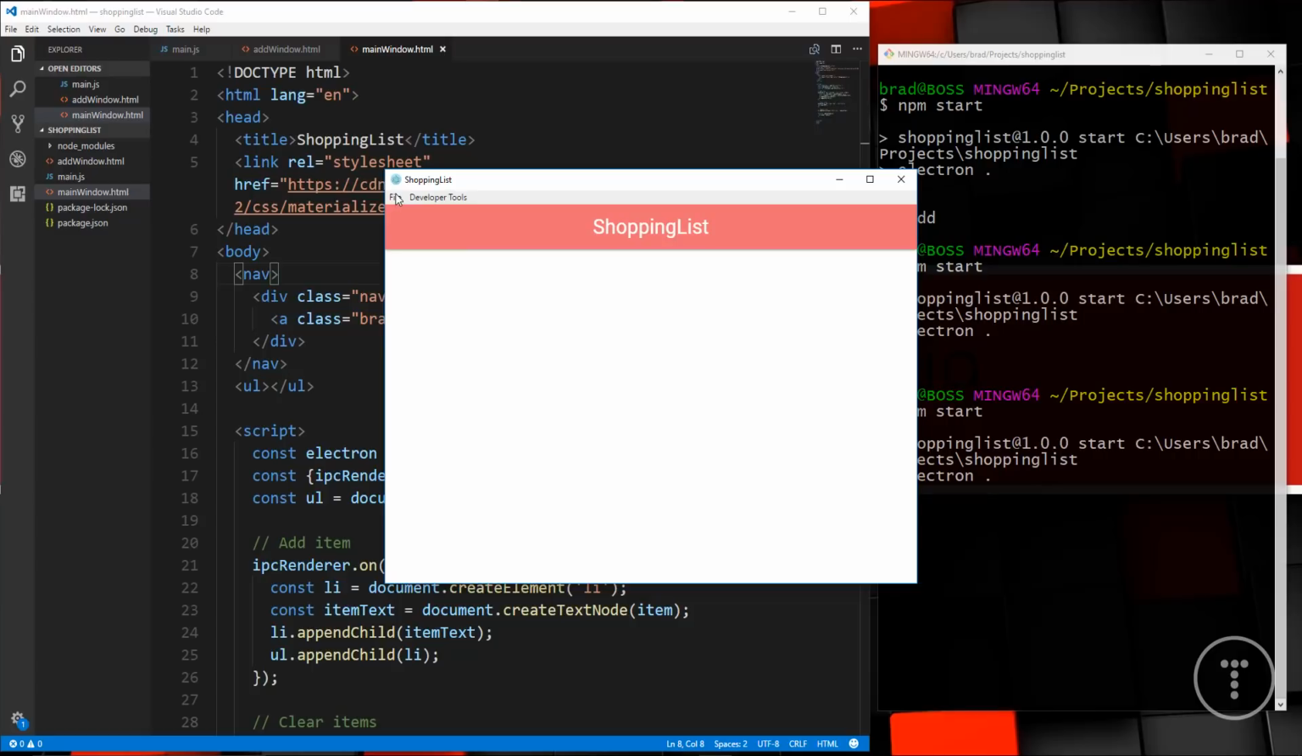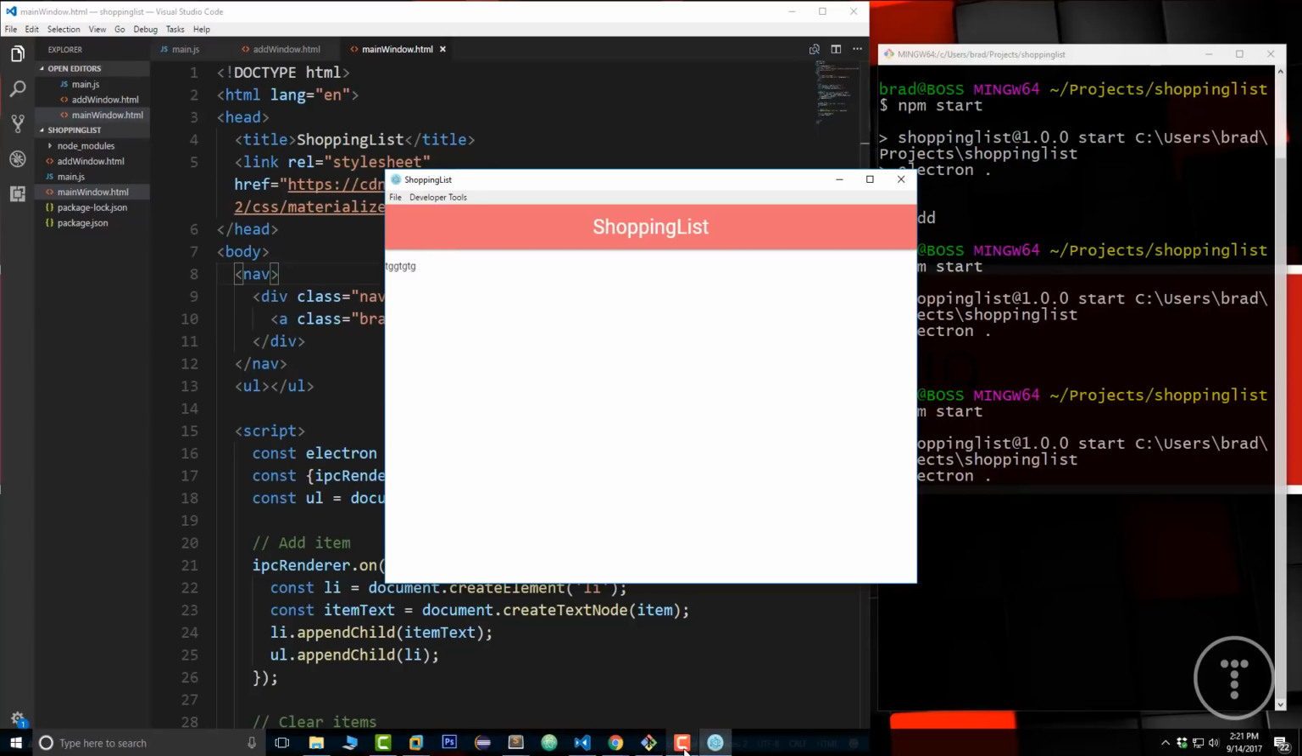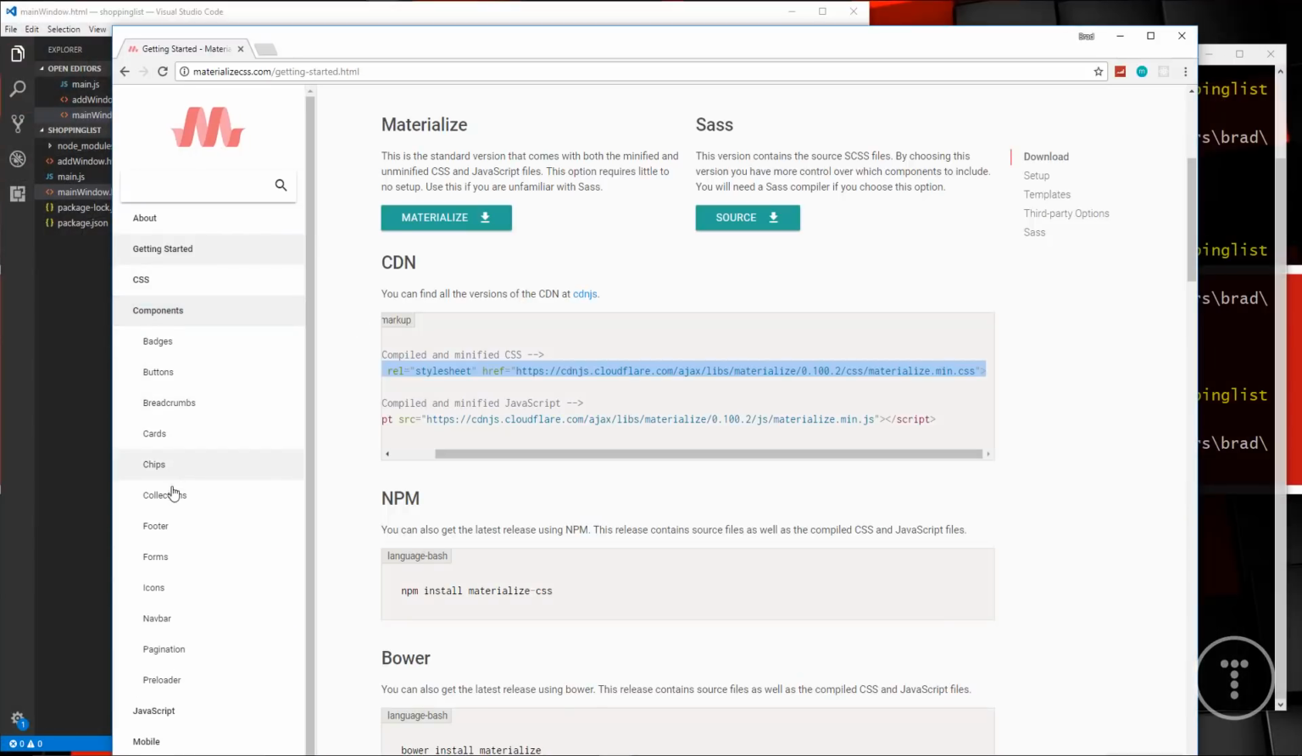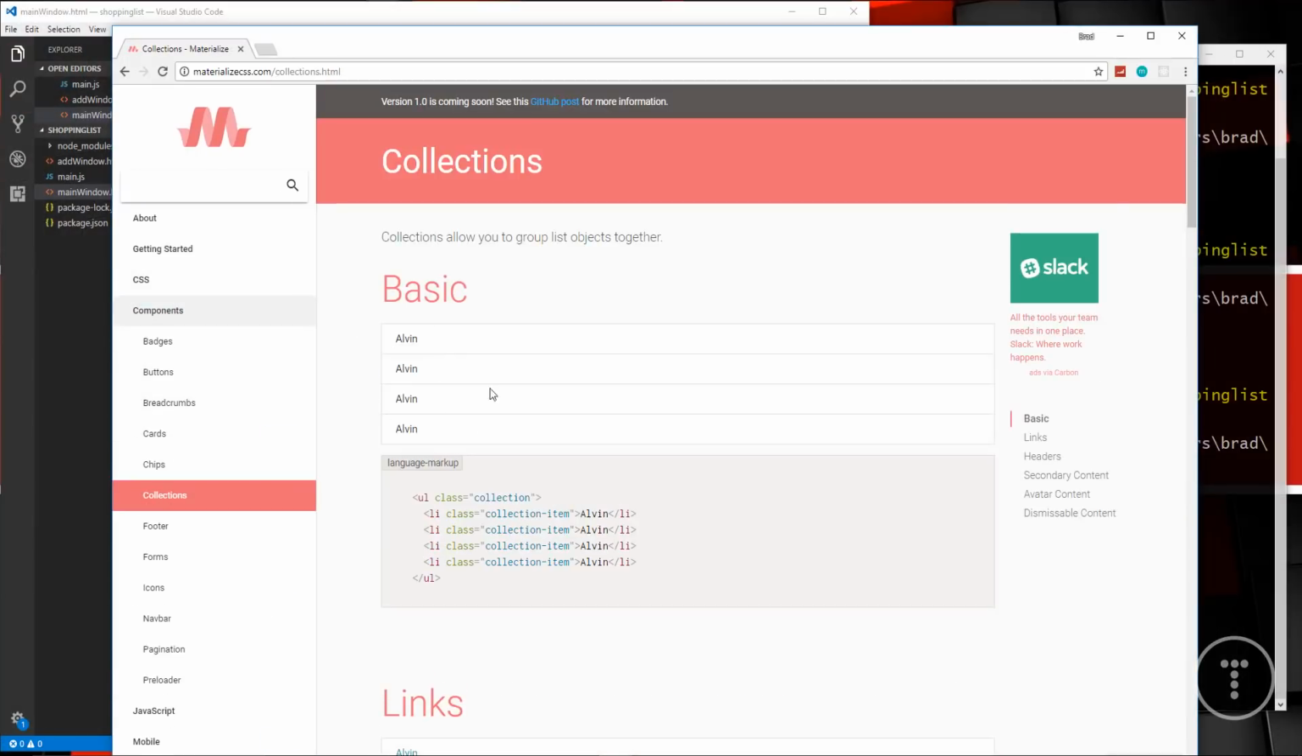All right, so let's see. Next thing I want to do is style the UL and the LIs, because if we add an item here, you'll see, look, the form is already changed too. But we want this to look like a collection. So a collection, let's see right here. So we want it to look like this. So the UL needs a class of collection, and the LIs need a class of collection item in order to